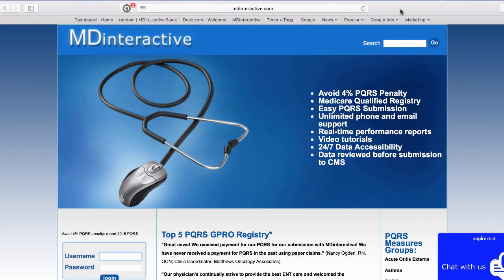Today we are going to update or edit the data for an existing patient record. This will be a patient that you have already entered into your MDinteractive account. First, choose your favorite web browser and go to